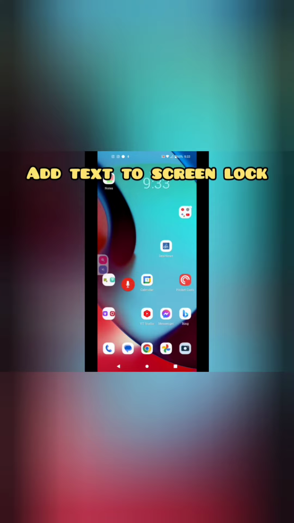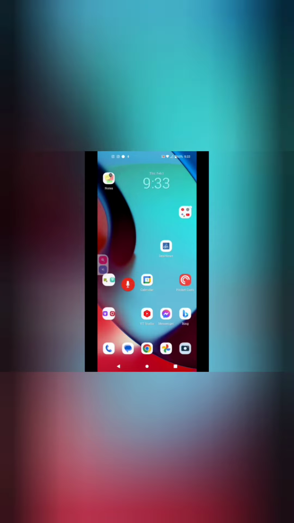In this video, I'm going to show you how to add a message to your lock screen. So if somebody finds it, they can contact you if you provide them with your number or something. So this will show on your lock screen when nothing else shows up. So if you lose your phone, you want to set this up so that there's a message for them to